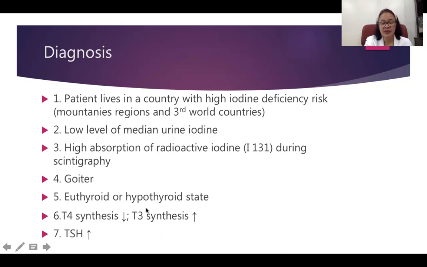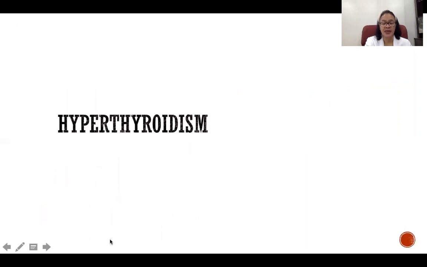So there's a euthyroid or hypothyroid state, and if you look at the thyroid hormones, T4 is decreased, but the synthesis of T3 is increased. And then there is an increase in your TSH. Okay, so let's now go to